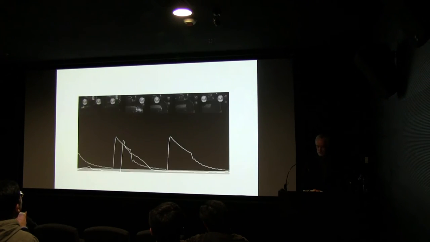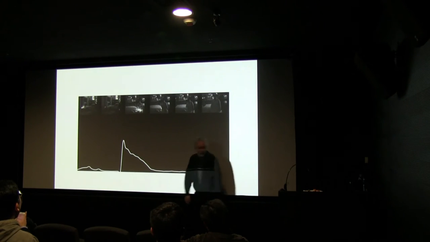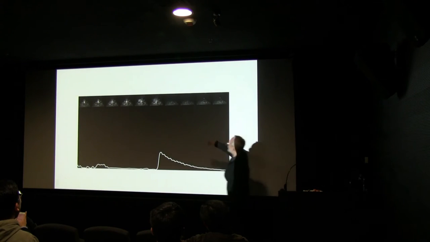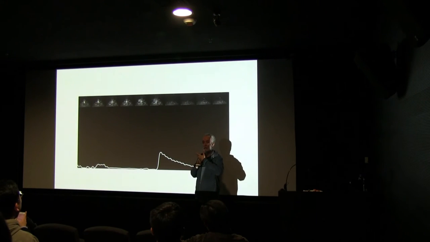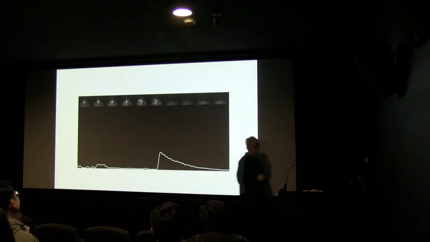Again. But it's not only when there's a cut. A lot of times... oh, here's another cut. Sorry. Here, the main character lights a cigarette and then turns off the light, so you can see that the gradients change. So you can see that when the gradients change, this curve goes